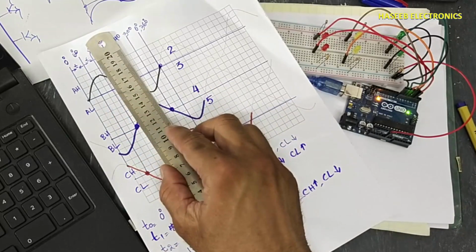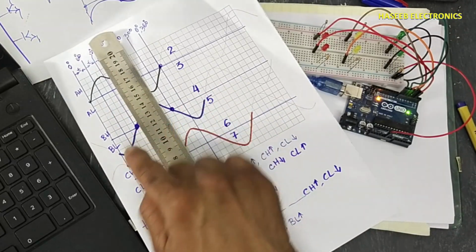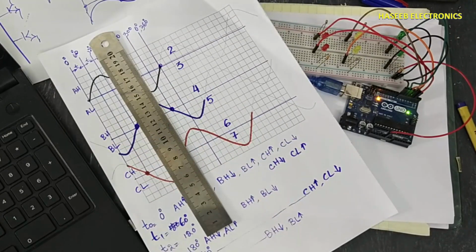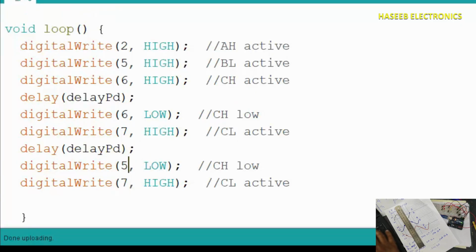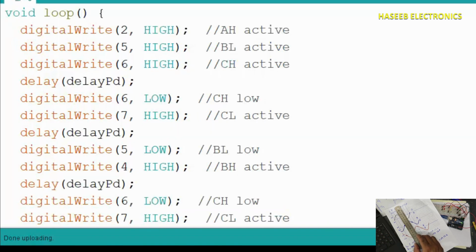After this delay period, our B low number 5 will turn off. Number 5 will turn off, that is B low, low, B high, that is pin number 4 will active. Provide next delay and next routine, that is here.